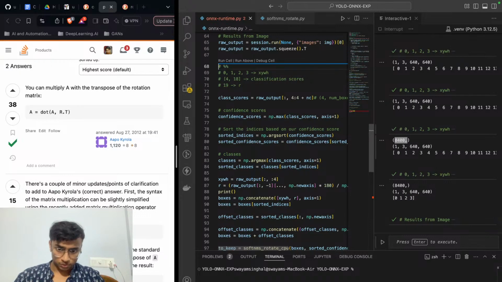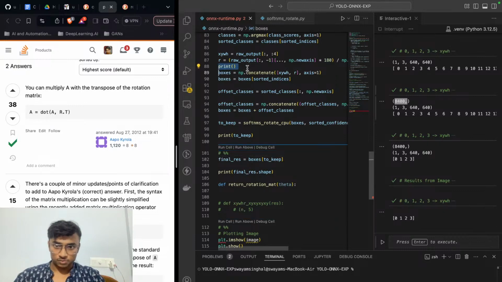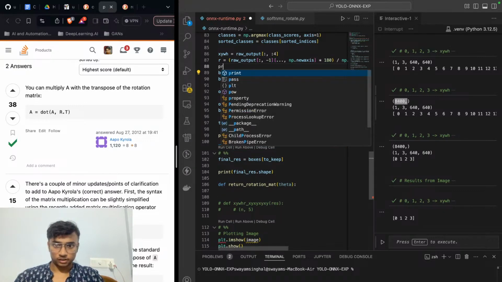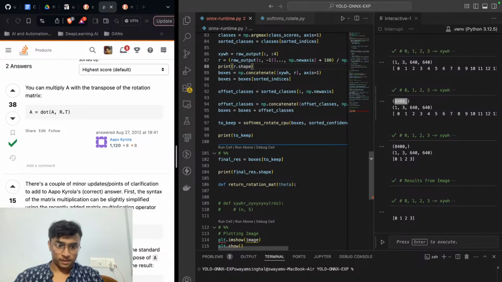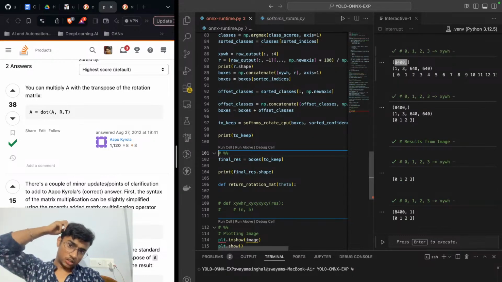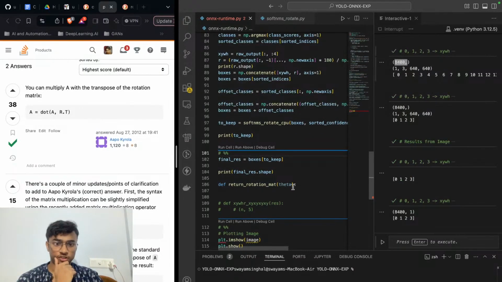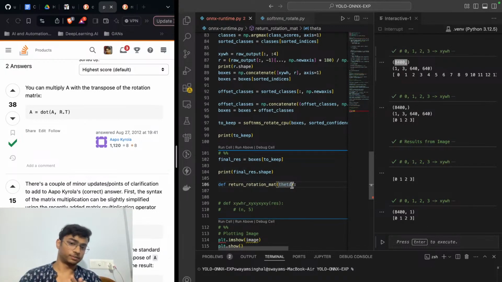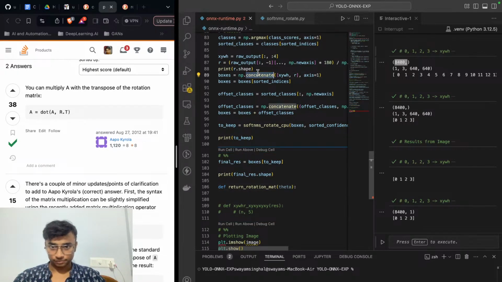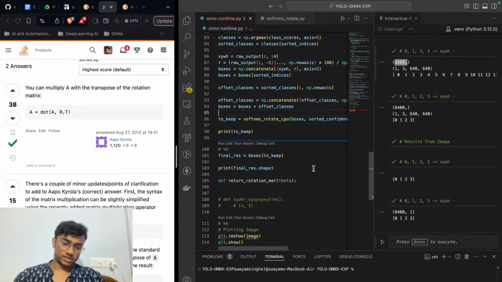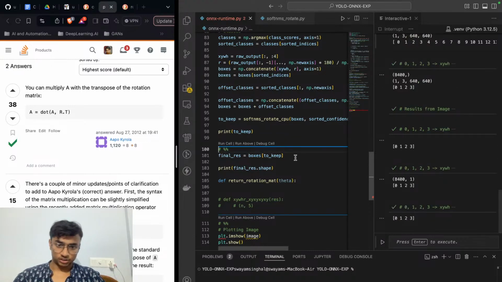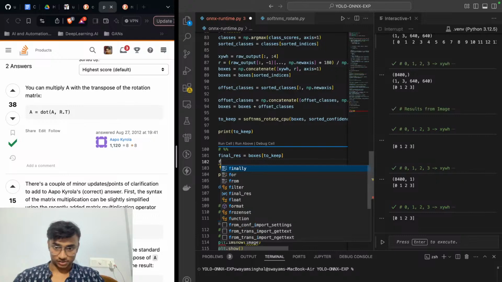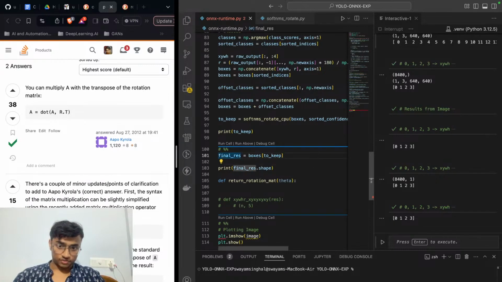So we get our row output. We don't even need this print statement. Okay, print r dot shape. Let's see what it looks like. So r dot shape is 8400 comma 1. What we want to do is we have our theta. For all of these 8400 things, let's just not print it here and keep it in our final result. We know the final result has a fifth dimension. Wow, the fifth dimension, that sounds so interesting. But yeah, if we print this,